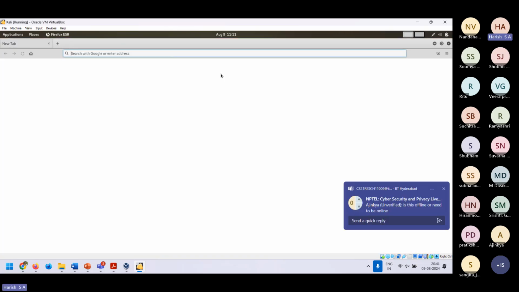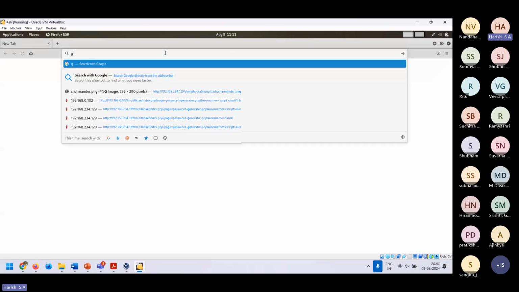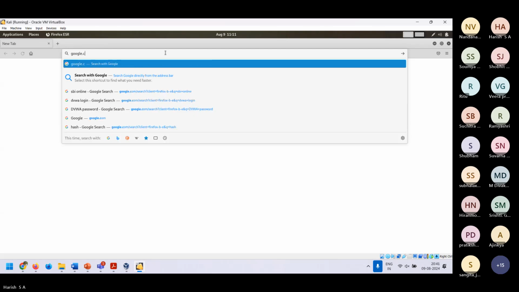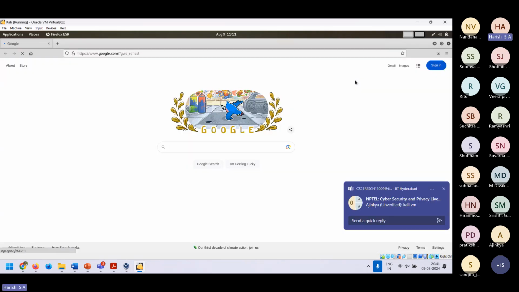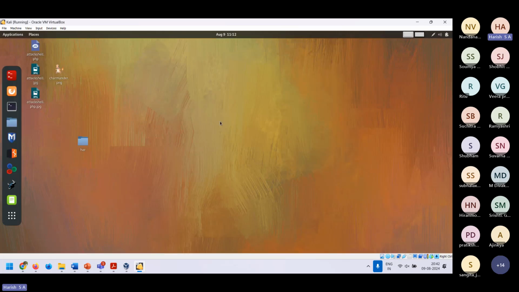And in this browser, what do you mean offline online? It can be anything. When you say offline and online, it is in the context of which machine you want to attack. If the machine that you want to attack is sitting at some remote location, then of course you have to be online. But in this scenario, I'm looking at an offline attack scenario, in the sense I'm attacking another machine in my own system.